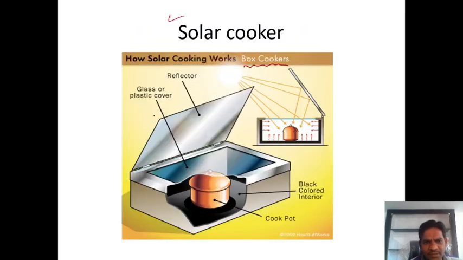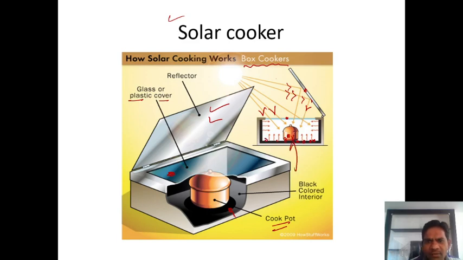If you observe the diagram here also, this is the reflector, guys. This is the plastic glass or cover. Okay, this one. This is the cooking pot. The black color is the interior. Why black color? To absorb a lot of solar radiation. Okay, so in this way, the solar radiation is directly transferred through the glass, and it is incident on this black paint or this pot. Okay, and this reflector is also used to increase the efficiency of the solar cooker. So solar radiation is incident on the reflector, and from the reflector once again goes back inside this box type solar cooker.